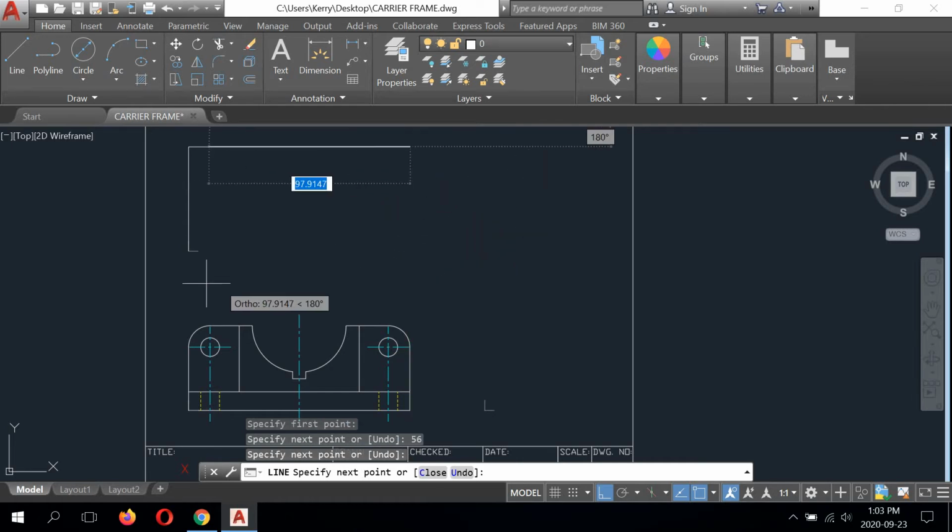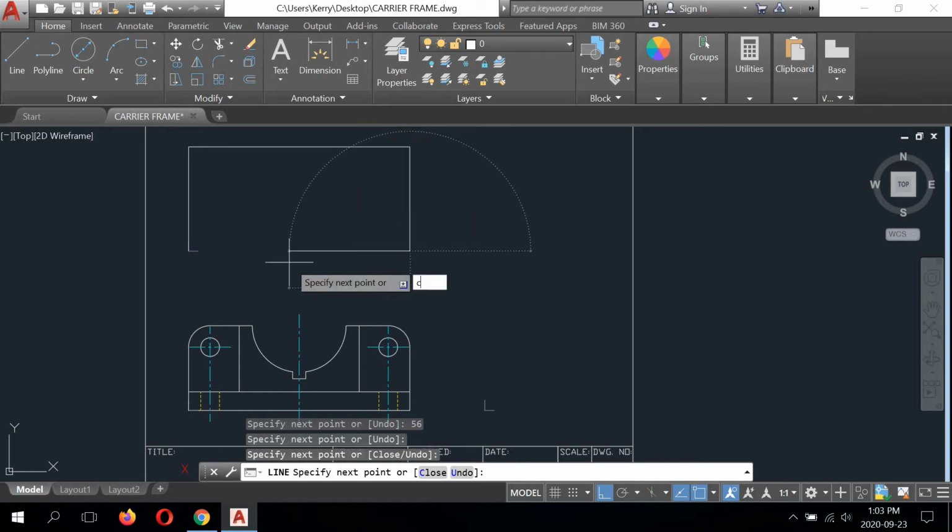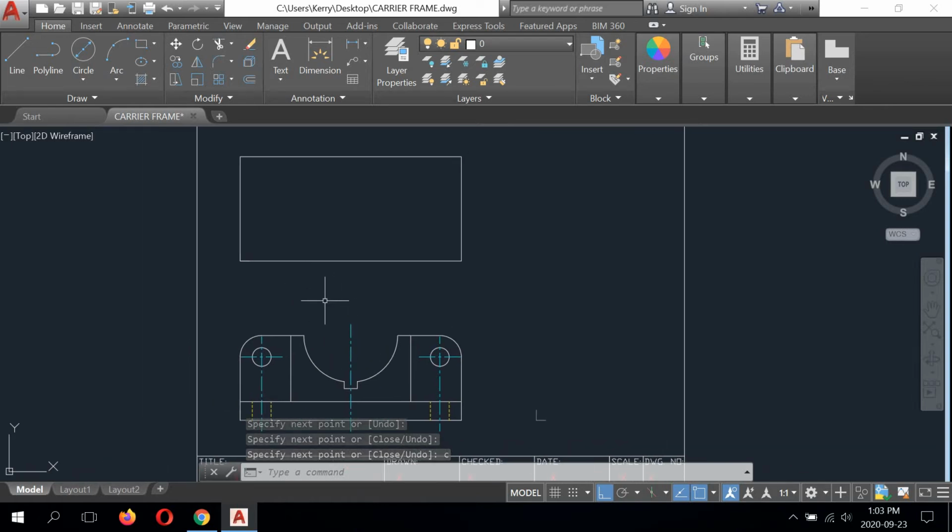Left click, come down, click the origin again. It should give you 56. Click, come back, C, enter. So what we're going to do is use the front view to help us build our